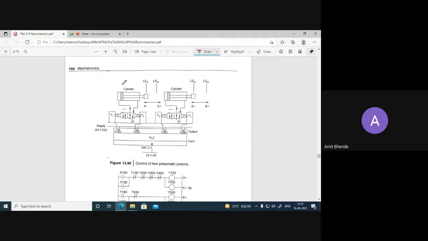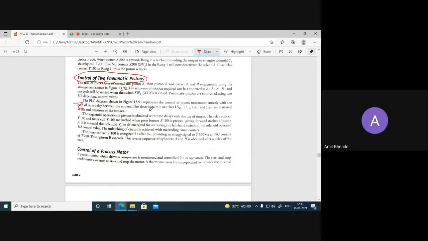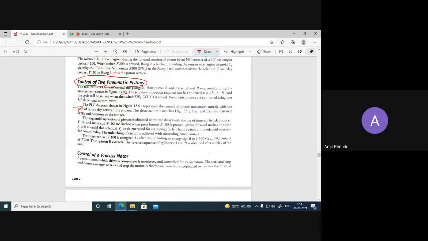This is cylinder 1, this is cylinder 2. And these cylinders are to be operated in a particular sequence, and this sequence is given over here. This is the sequence we require.